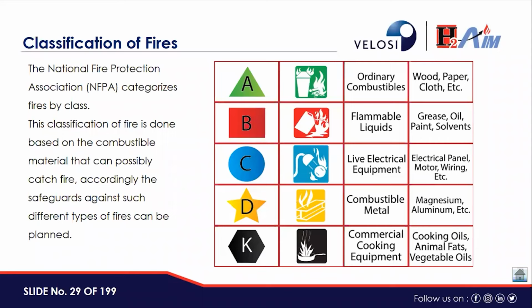Now, class C fire, which is also known as electrical fire. Electrical fires fall under class C and are common in facilities that make heavy use of electrical equipment, but they can occur in a wide range of industries. For example, data centers might be an obvious risk area of class C fires. They must have safeguards in place to deal with electrical fires. Another example is construction sites.